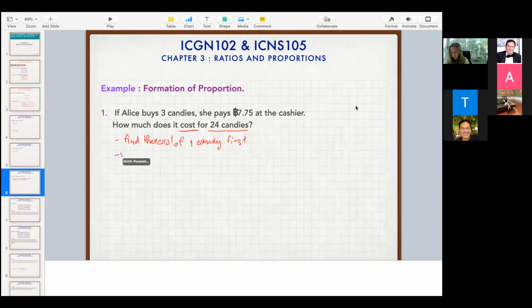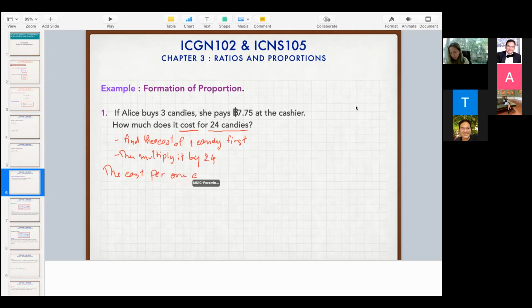Then multiply it by 24, then you get the cost of 24 candies. This is the way that we have to do it. So how are you going to find the cost of one candy? You can see here that for 3 candies you have to pay 7.75, so that means the cost